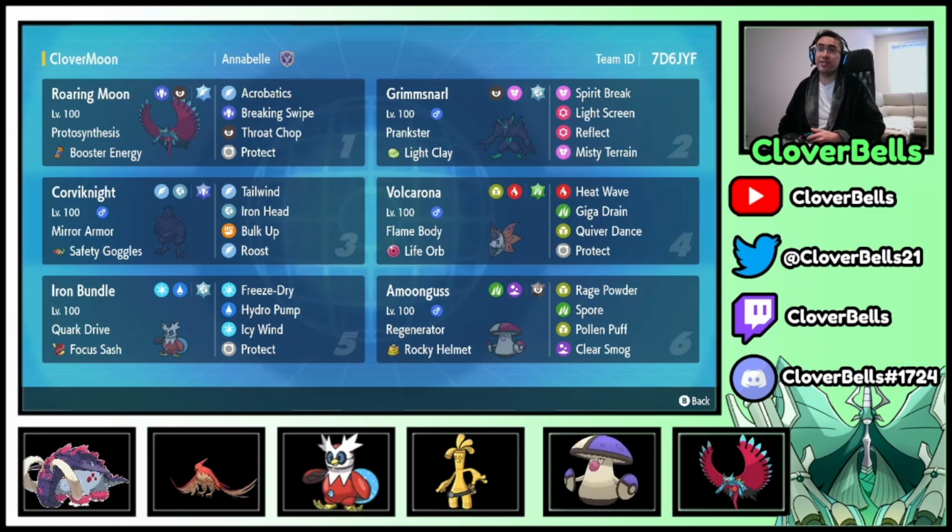You got Grimmsnarl, you got a lot of bulk on this team, and that's pretty much how I love to play. You guys know that. So with Roaring Moon and Grimmsnarl, yes, you're weak to fairies, but again, with screens, not really, right? And then you always have the steel option from the Corviknight, and then you have the resistant typing with the Volcarona and even the Amoonguss, right? So it's not a huge deal, but again, the whole idea with just pretty much every other team that I like to play with Grimmsnarl, just hide behind your screens, rely on your bulk,